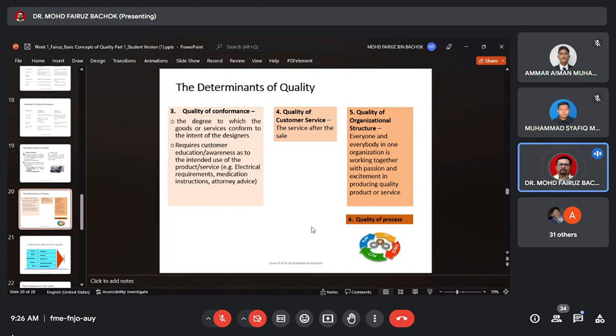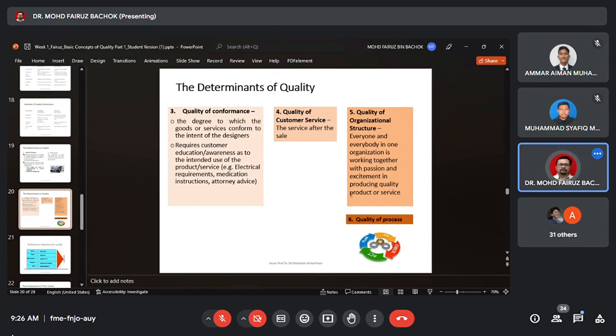Have a guideline and good quality tools like PDCA (plan, do, check, act), a step-by-step process, design thinking, or blue ocean. Those things are a quality process. If you implement this process, this PDCA, design thinking, then there's a high possibility we will come up with a good quality, high quality service or product.